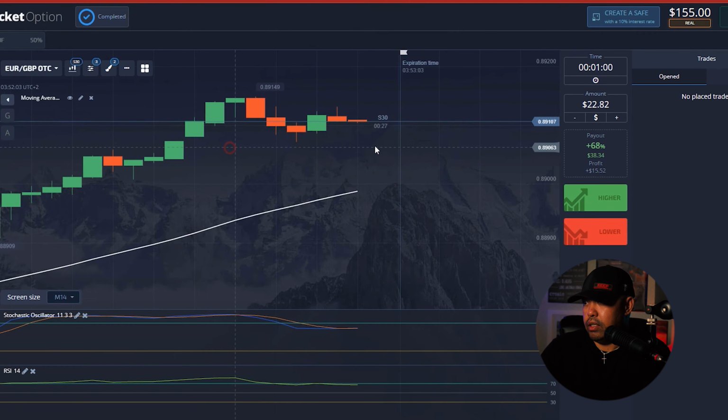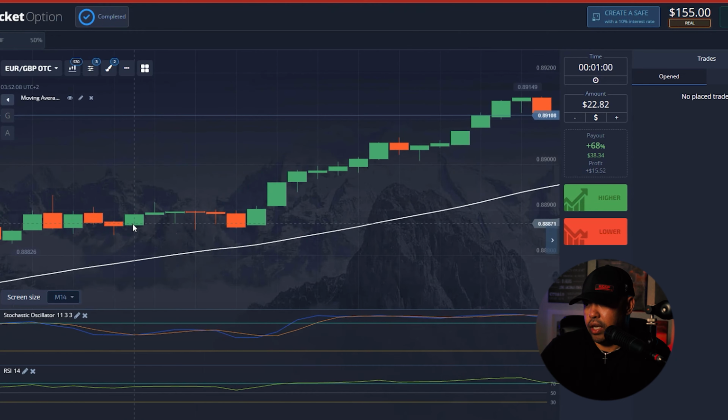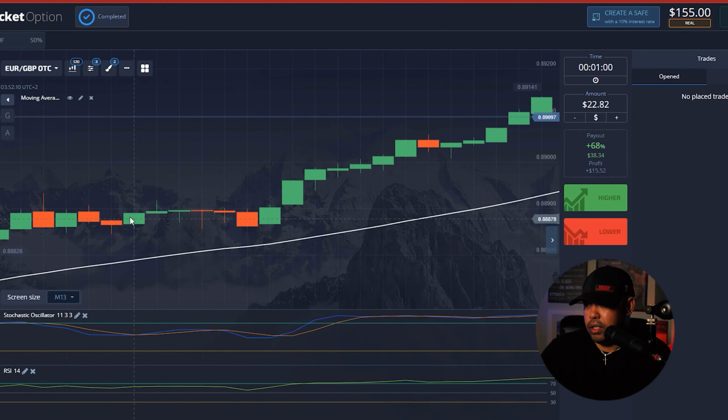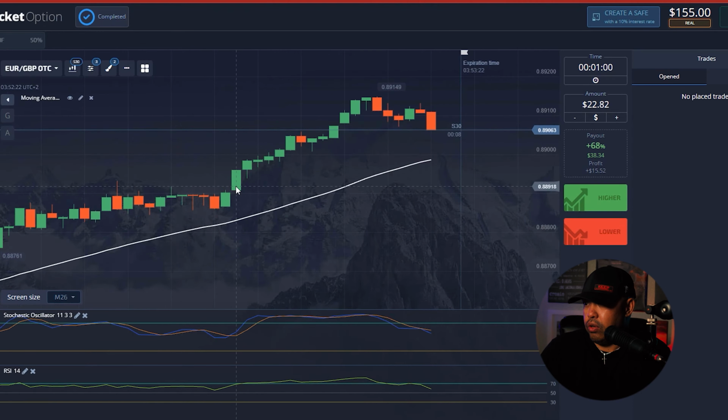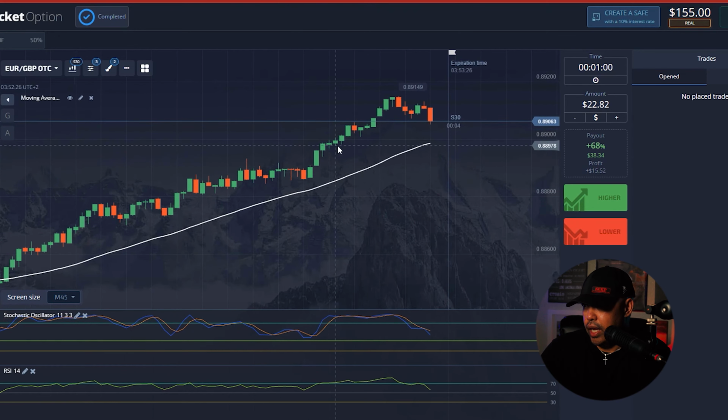If you see a bullish candlestick right here, see, that's the green overpowering the red before it. Let it close and do a 1 minute or 30 seconds. So that's 2 candles, up trade. But as you can see, you also want to look at, like I said, your technical analysis. You want to look at all the candles